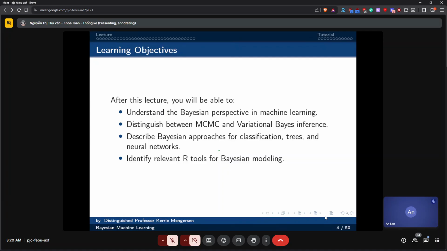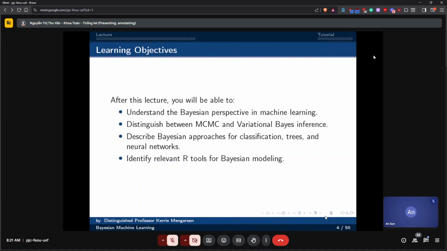I want to talk about variational Bayes, just as another approximation approach, but which is much faster than MCMC. So after today, and after the whole course actually, you should be aware of the different computational tools that we use for analysis.